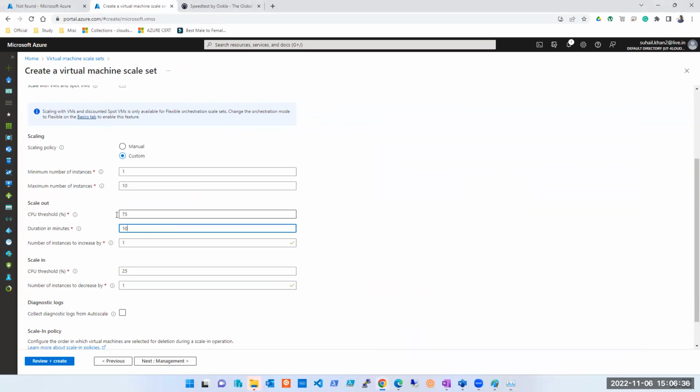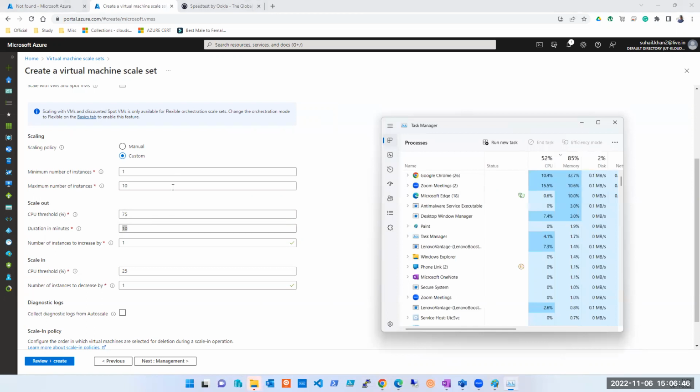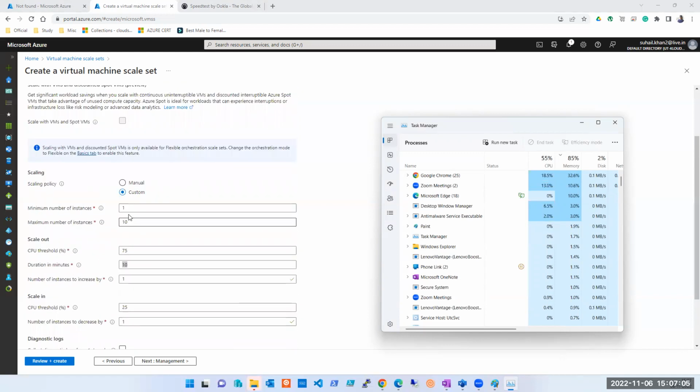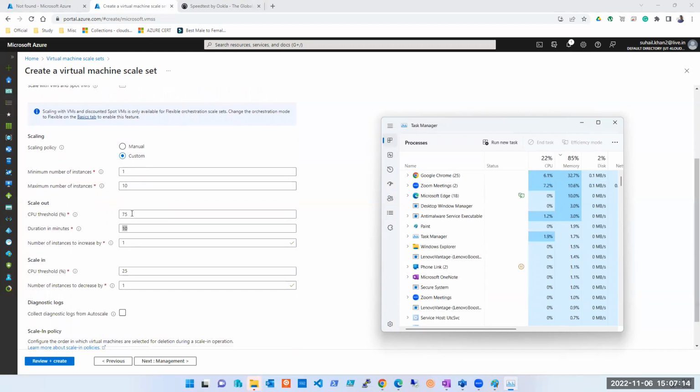So now what am I saying? That if my CPU threshold goes above 75% and that stays like that for 10 minutes, understand how to read this, guys. You have to explain this in your interview when you're talking about scale set. Then your answer will be an impressive answer, and it's not rocket science, very simple. So what I am saying here is initially let's have 2 instances. Later on I need only 1. On what basis will this 1 happen, that we are going to discuss now. Why does it go from 2 to 1, how will it happen automatically? Why would it be done? Maximum I require is 10.